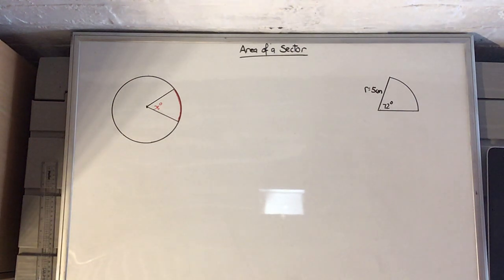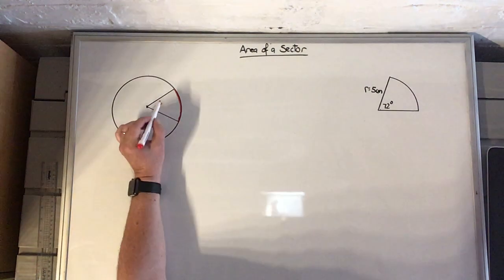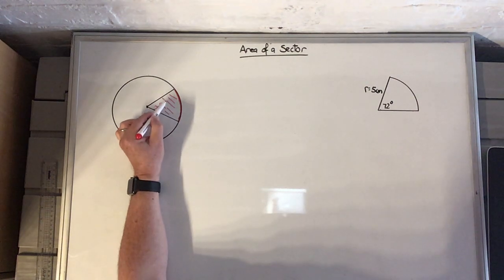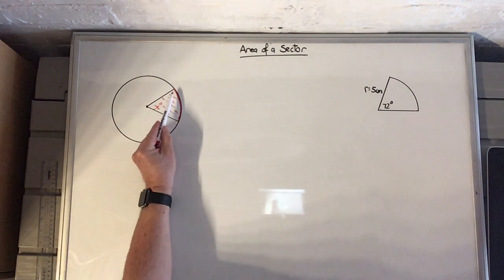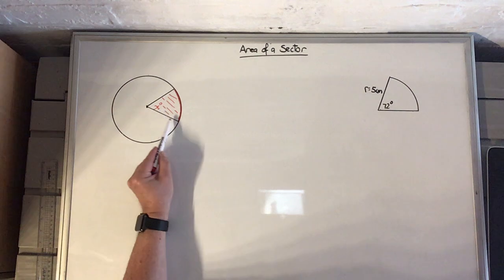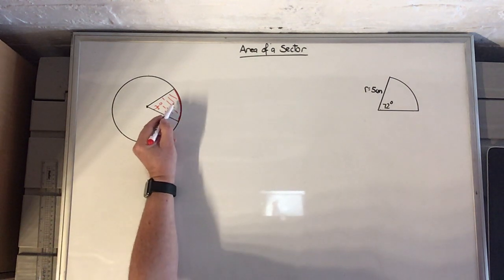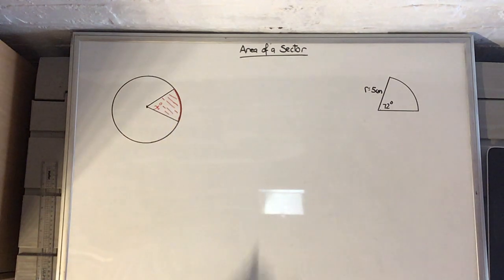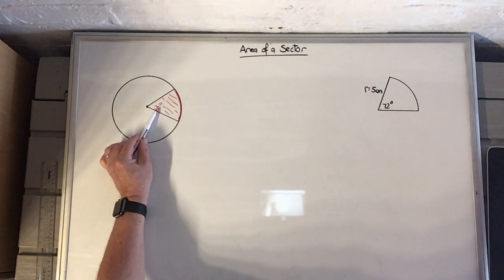Okay, area of a sector. So what's that all about? Well, area of a sector is the area of part of a circle. So if you look at this wee bit here, this area in here, slice of cake if you like. To work out that area, the connection is to do with the whole circle, just like arc length. So it's all to do with the angle at the centre